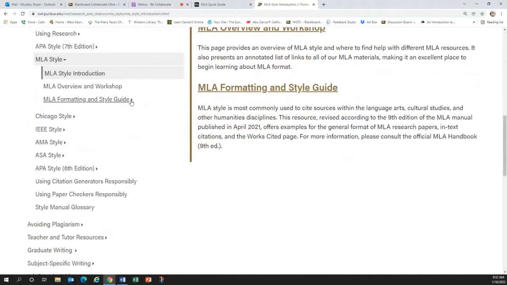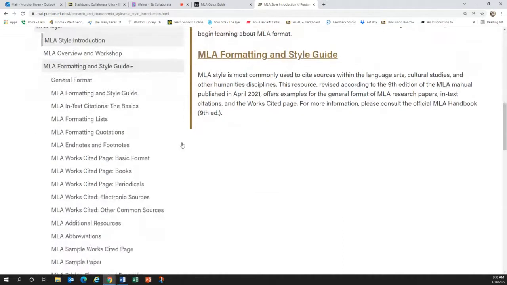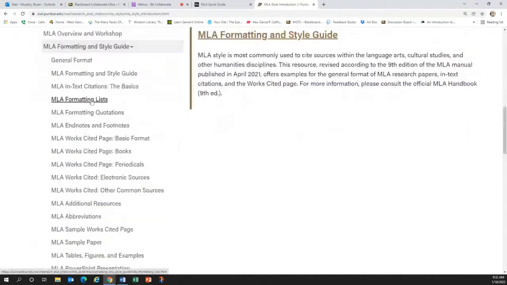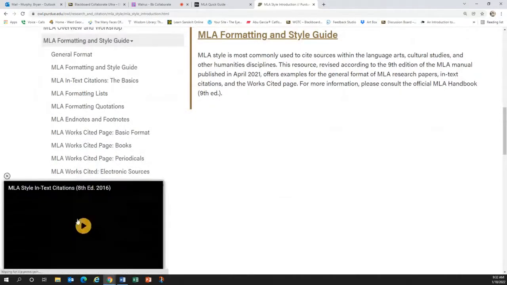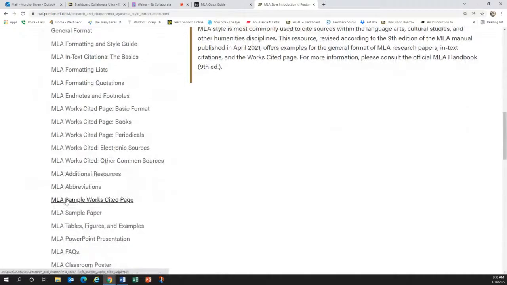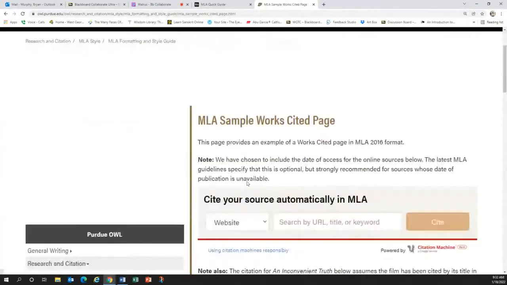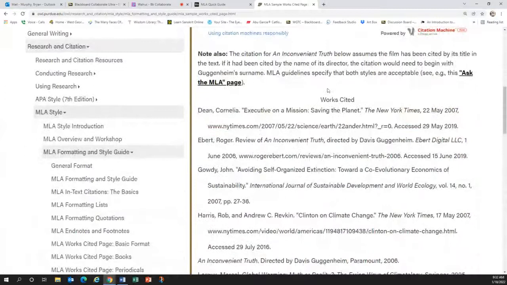So one of the big things, you take this pull-out tab, boom, and it has all of this stuff about formatting and works cited and how to do different things. It's also got a sample works cited page, which you can click on and see. One of the cool things about